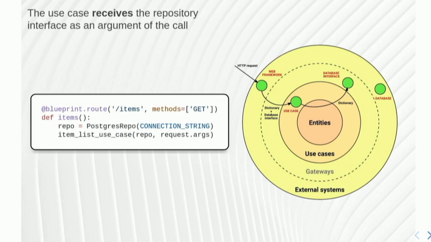This is called dependency injection, if you're not familiar with the concept. I have a slide for that later, but look at it. The code of my use case doesn't have Postgres repo hard-coded in it. I'm receiving an object that provides methods. That might be an object of Postgres repo, MongoDB repo, type, whatever. The important thing is the interface or the set of methods that that thing provides.